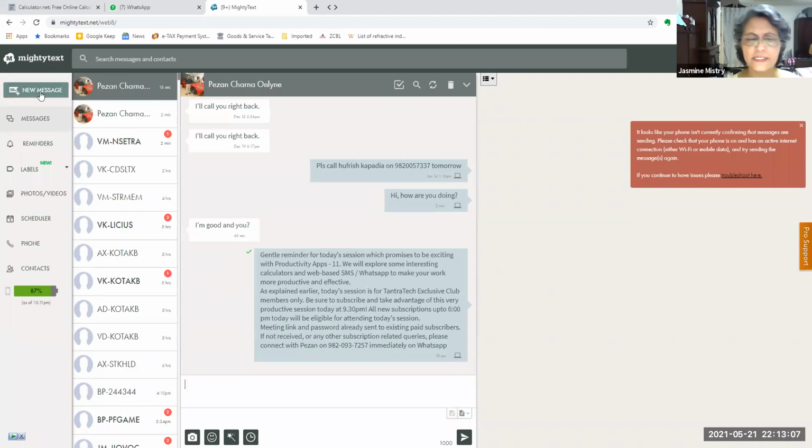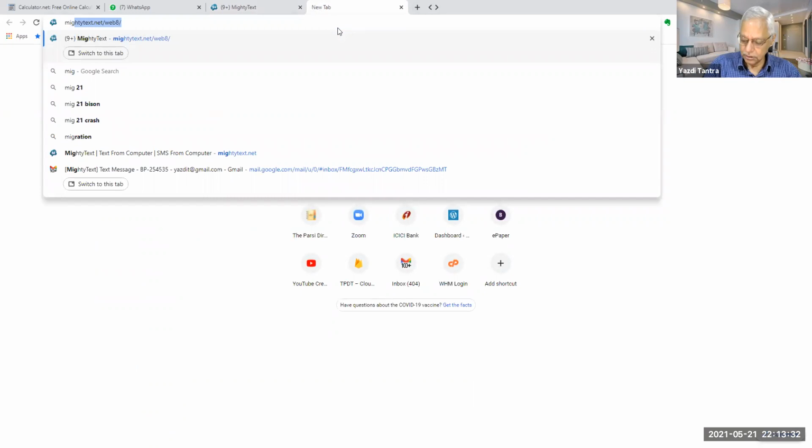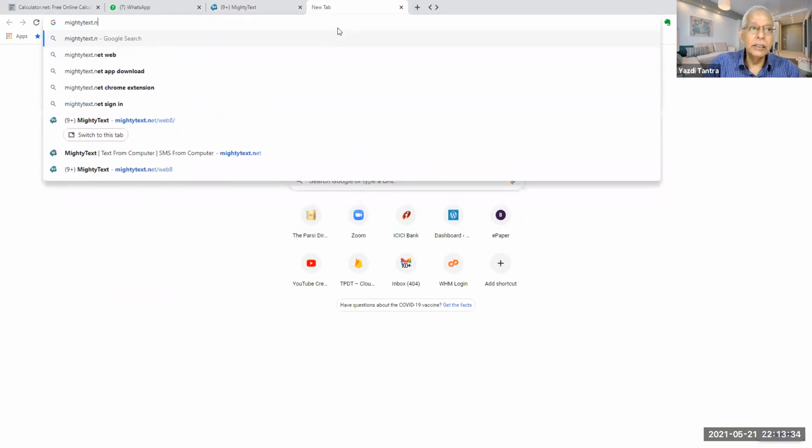But is this on your computer, or where do you download the app? On your phone or on the computer? One time you download it on your phone and then connect it with your Gmail. Sorry? iPhone doesn't have Mighty Text. iPhone has. They have a beta version which is running. Just one sec. If you go to the Mighty Text website, Mighty Text for iPhone.